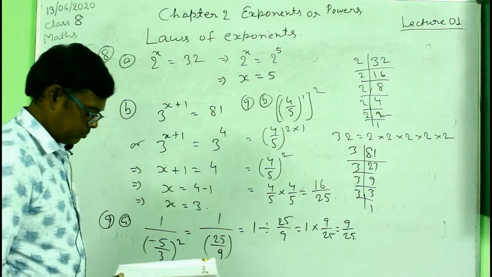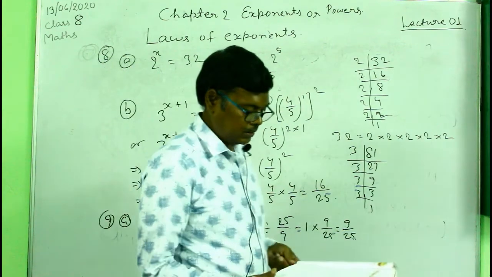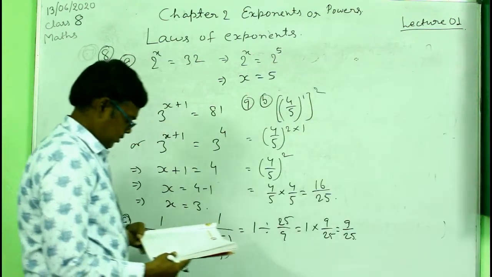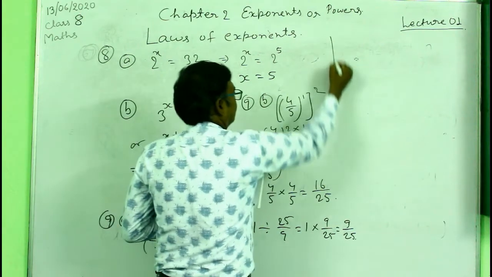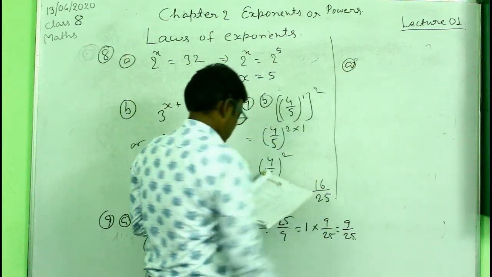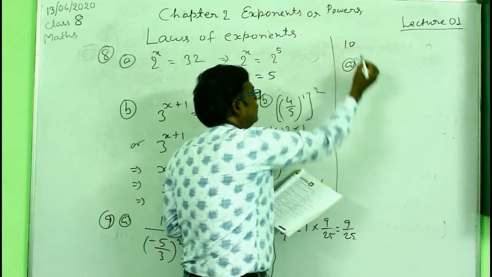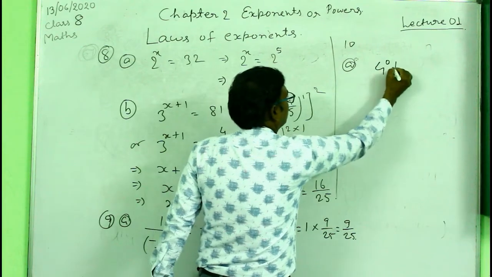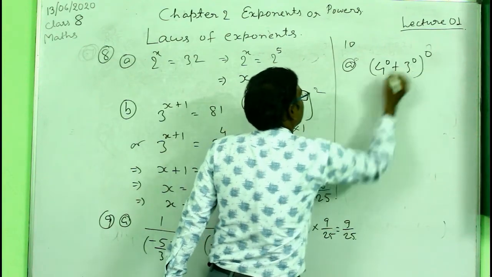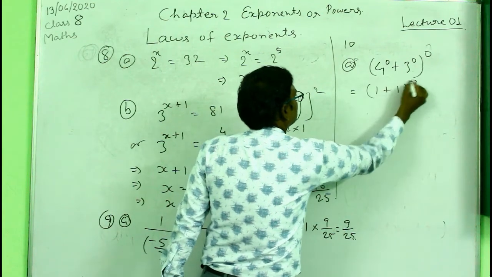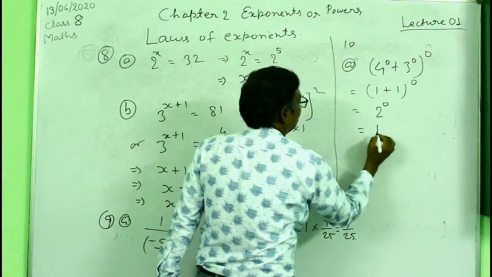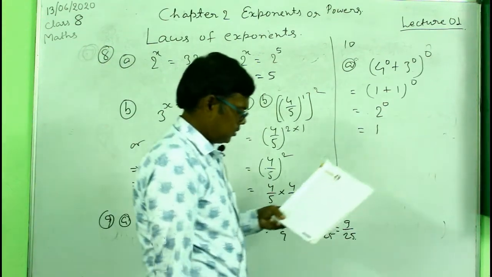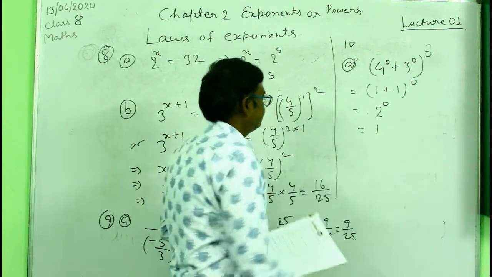Okay. So now next, question number 10. Evaluate the following. So question number A, the last question, that is number 10. 4 to the power 0 plus 3 to the power 0 to the power 0 here. So 1 plus 1 to the power 0 equal to 2 to the power 0 equal to 1 is the answer of this question. And the last one is 6 by 5 to the power 1